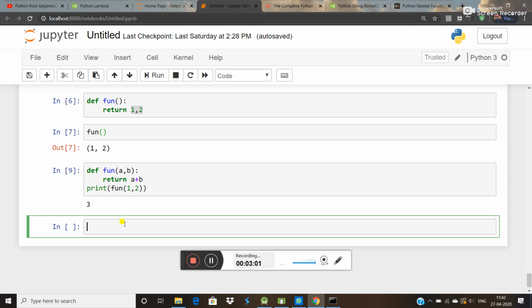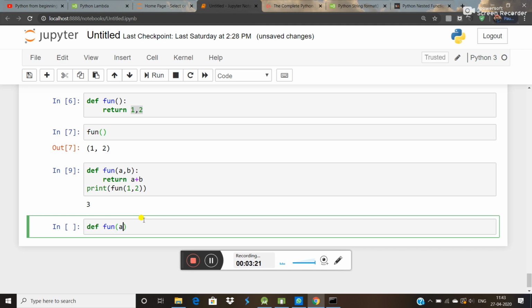Now, one more thing you can do is nest functions. Nested means you can write another function inside the first function, like that. This is a very important thing.